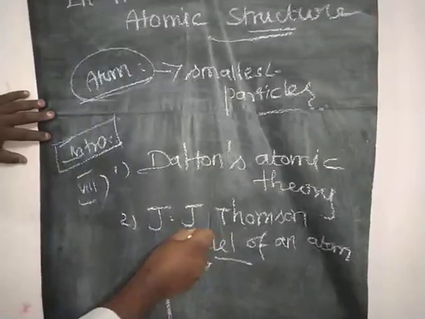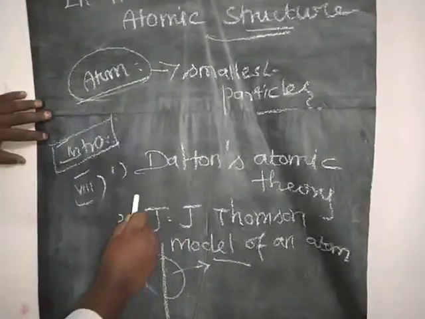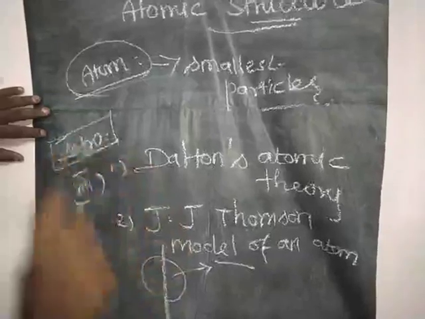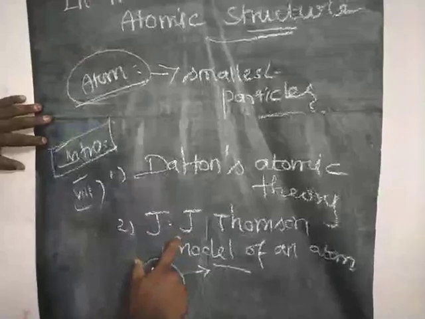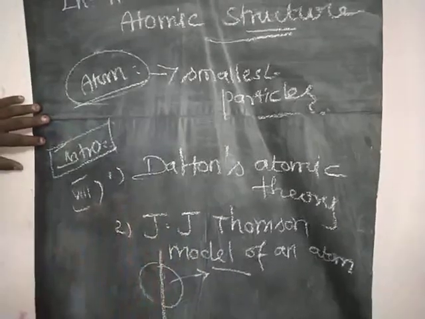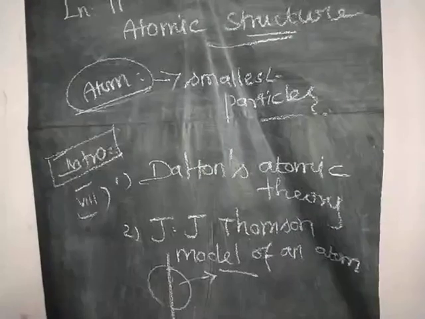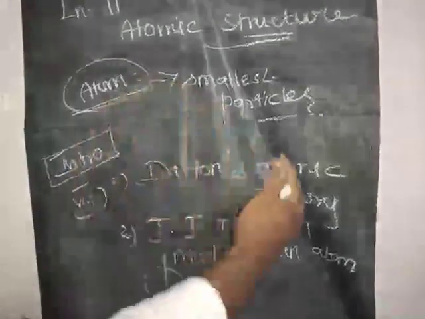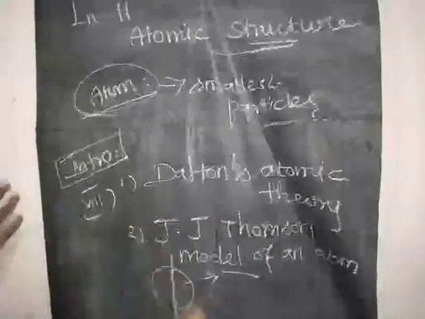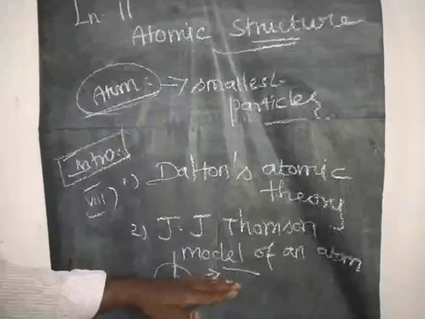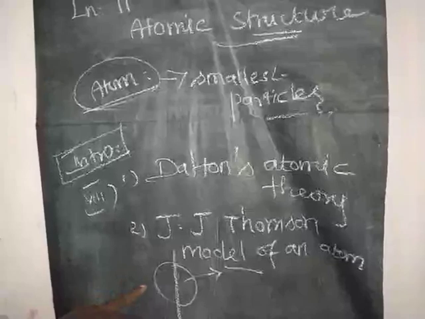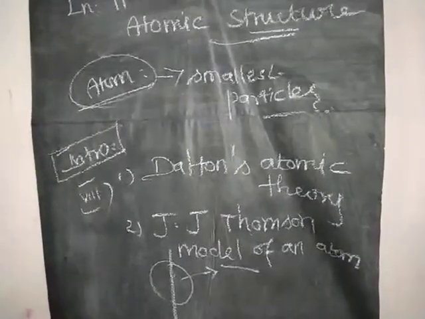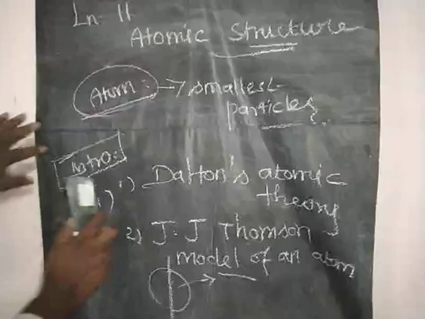Why did this model fail? He didn't explain the properties of the electrons, that means shielding and deshielding properties, properly. How do electrons move from one shell to another shell? Suppose an electron jumps from the top shell to the lowest shell, what will happen to the energy level? He didn't explain those points properly. So the J.J. Thomson model of an atom is a failed model. Now we will enter into this lesson.